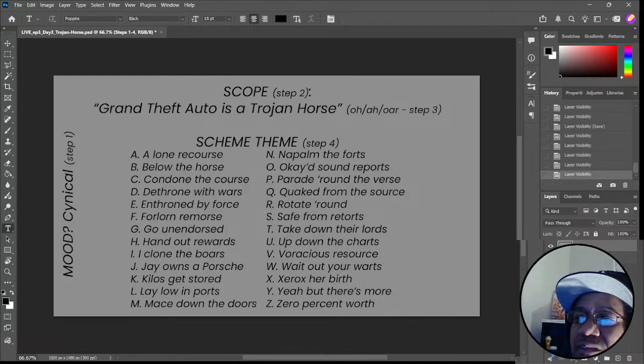Now, I'd love, like I said, I'd love to be wrong about this, but in the meantime, I'm leaning into this idea that what we've got going for Grand Theft Auto 6 may be disappointing. So my question is, is Grand Theft Auto 6 a Trojan horse? The idea of a Trojan horse is,